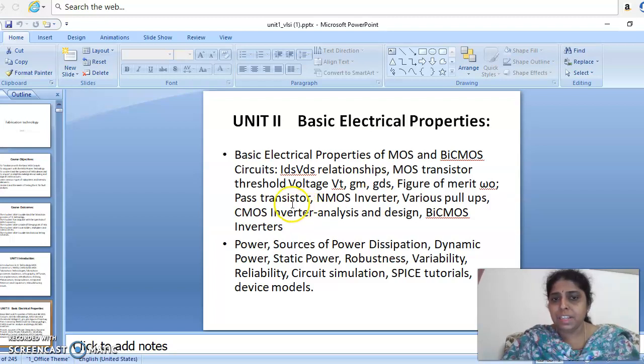Then discussing about the pass transistor and the NMOS inverter, and in the NMOS inverter we have depletion MOSFET with gate and source connected as a pull-up. So what are the other types of pull-up other than this? Other than this we have resistor pull-up. In CMOS inverter, PMOS acts as a pull-up. So NMOS, enhancement MOSFET, acts as pull-up. Like that, various pull-ups with their advantages, disadvantages, characteristics, transfer characteristics, all those will be discussed.